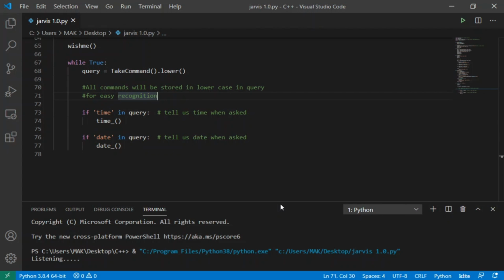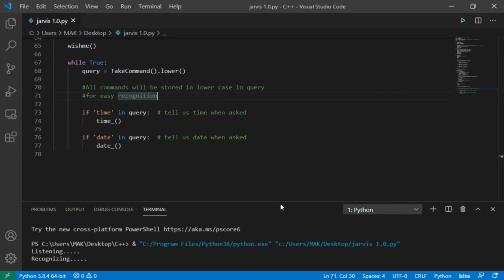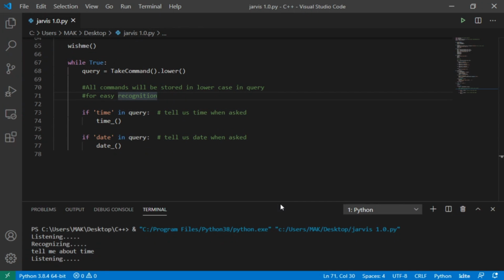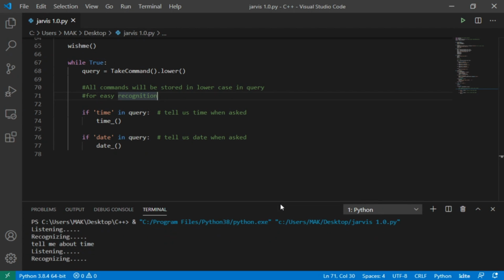Jarvis, tell me about time. The current time is 6 hours 20 minutes and 30 seconds. Tell me about date. The current date is